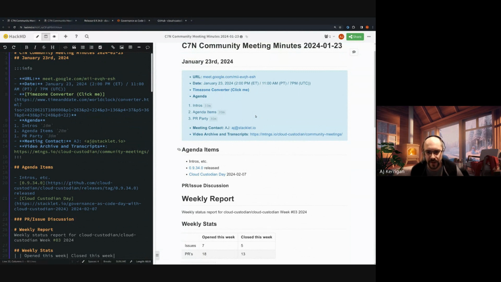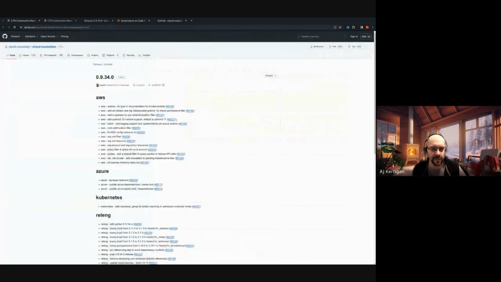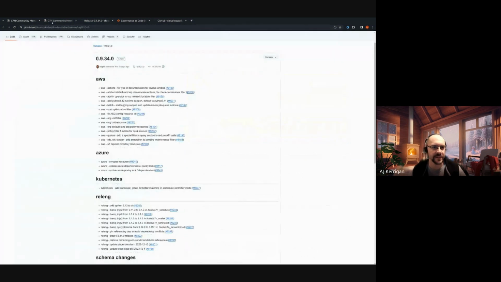That's helpful stuff. And also, as of that release, all of our Lambda functions for policy executions and for the mailer will default to 3.11 and support 3.12. You can opt into 3.12. We've got some other stuff too, but I think those are some of the big points of the release.